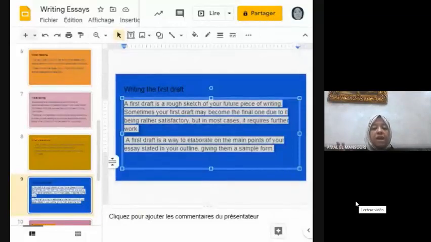So how to write a first draft? As you write your initial draft, you should try to follow your outline as closely as possible. Writing is a continuous creative process, and as you are writing, you may think of new ideas which are not in your outline or brainstorm lists, and these can be added if they are relevant, of course.